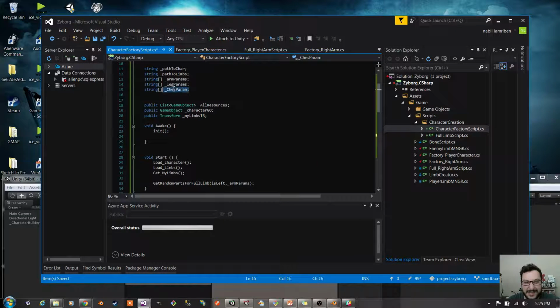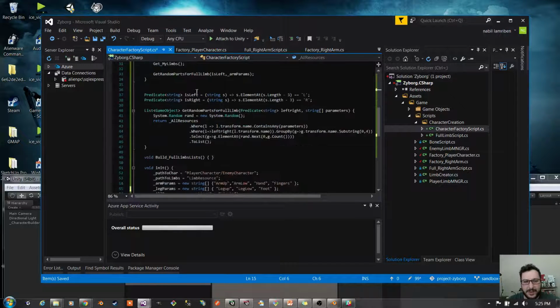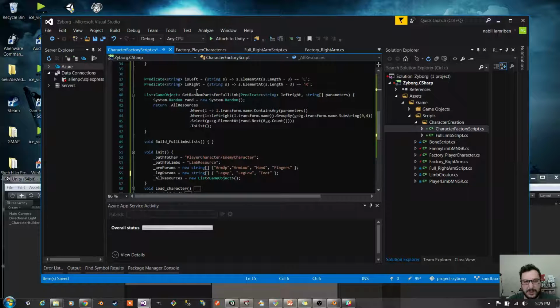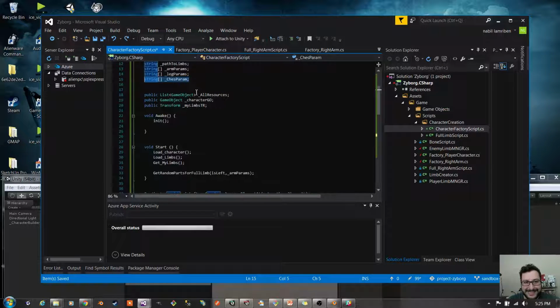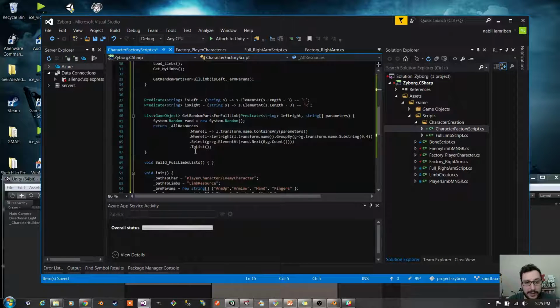Chest is not gonna have a list, because for chest I'm just going to do, I guess just contains chest, and that's all. There's gonna be get full limbs for